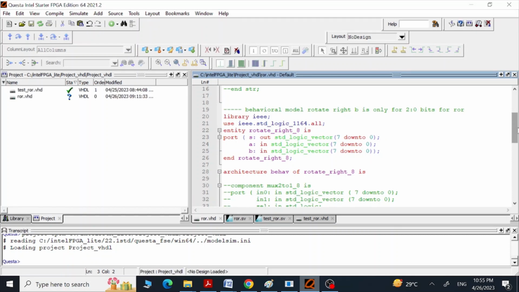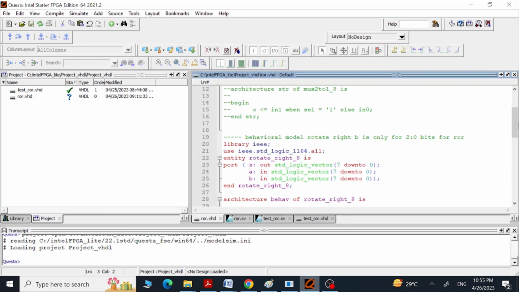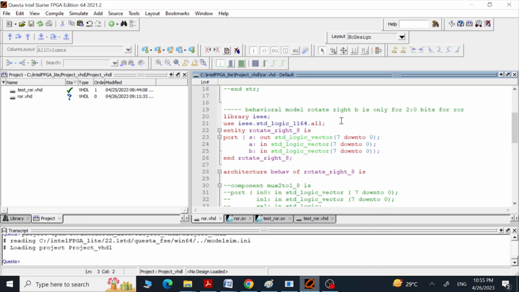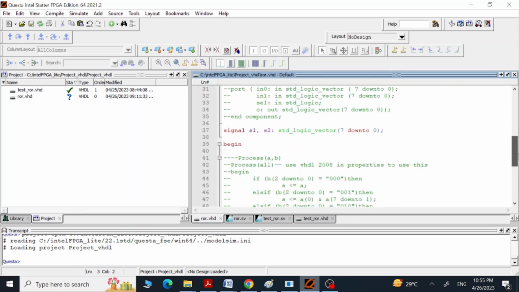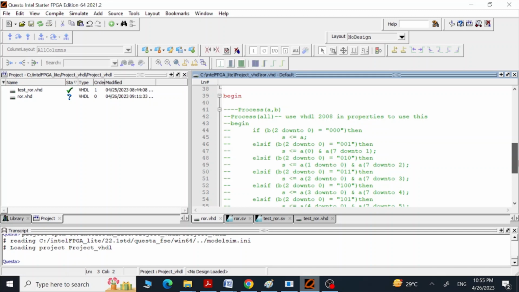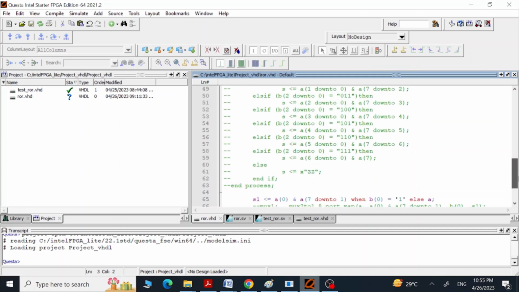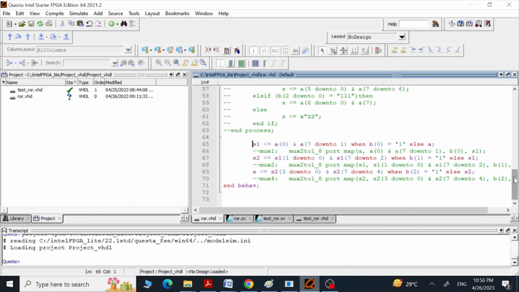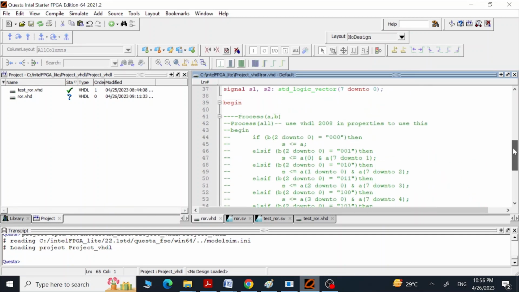So this is our VHDL design file, and here we have defined an entity which is rotate right, which is again of 8 bits. So its output is a vector of 8 bits, and the two inputs are also 8 bits. And in the architecture, we have again given these three code lines, and the way they are working is